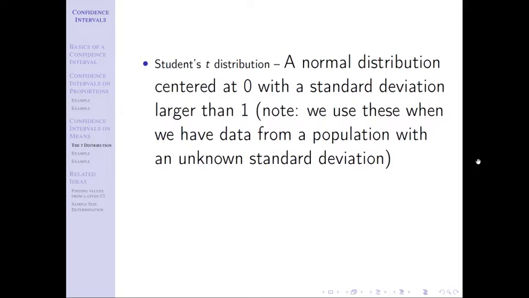Okay, and so the idea here, as I mentioned, anytime we are doing a means problem and we don't have sigma, so we're using S, we will need to use a T instead of a Z. Second idea, what effect is that going to have? All of our T critical values are larger than our Z critical values because of that uncertainty that goes with the fact that this value may not be very good. I need to artificially increase my confidence interval width a little bit. And that's what that T critical value is going to be. It's going to be a little bit bigger and it's going to account for that uncertainty and make my interval actually capture the parameter the correct number of times.